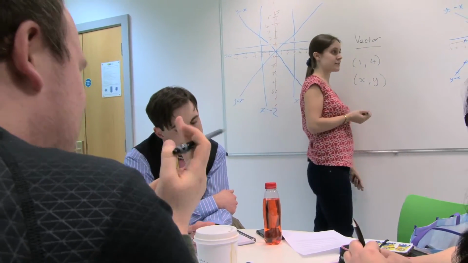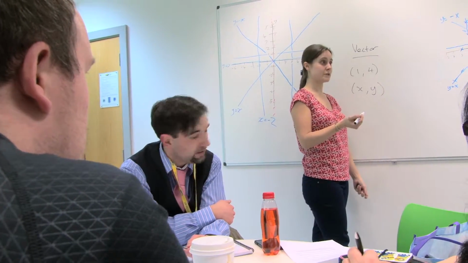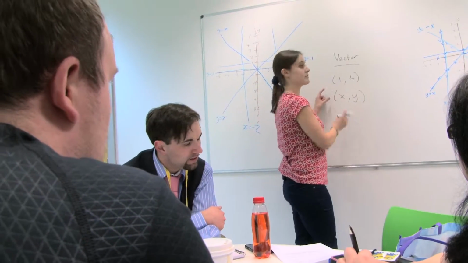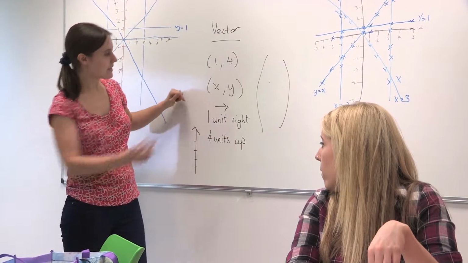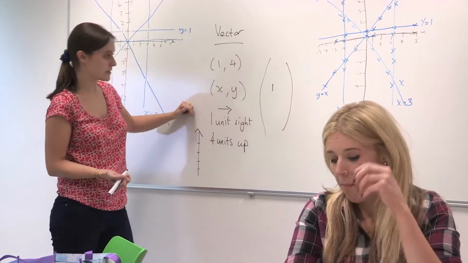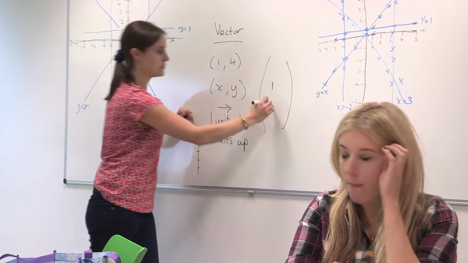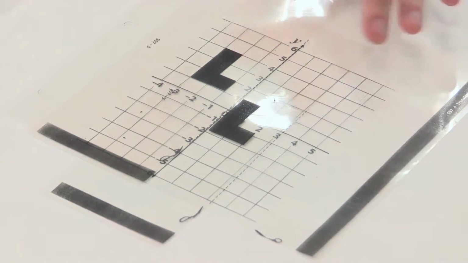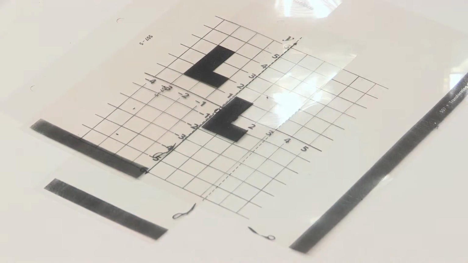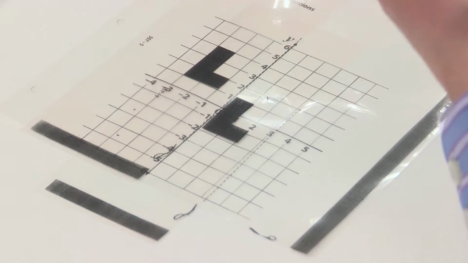I think they are learning, especially earlier. There were 2 terms that came out. The vector term was completely new, so we did clarify that. And we talked about how coordinates can be then sort of moved on to what vector notation looks like. Because basically, if it's in the positives, it's positive when it's going right, and it's positive when it's going up. Yeah, and negative when it's going down and left.